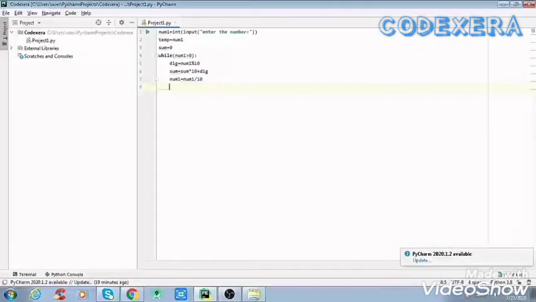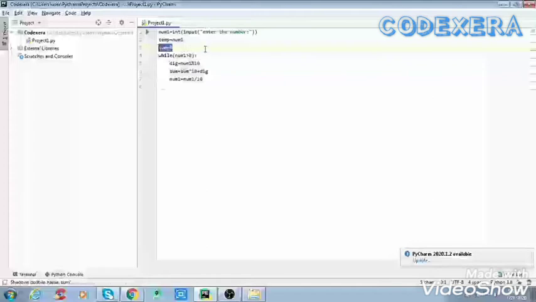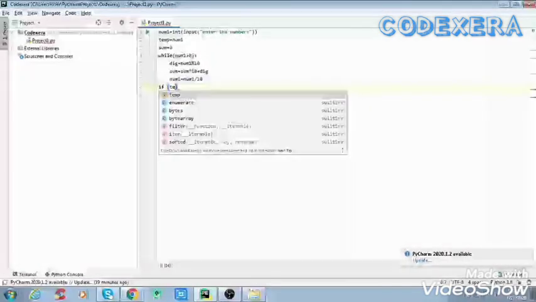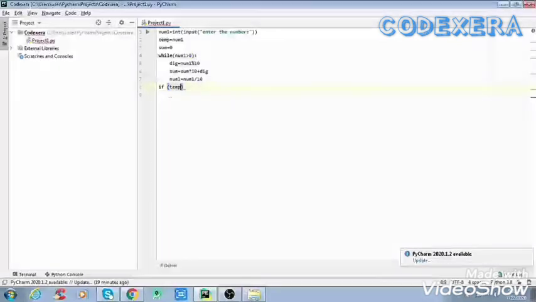This loop terminates when the value of the number is 0. If it is greater than 0, then it will go into the loop, otherwise it will go outside of the loop. And the reverse of the number is then compared with the integer value stored in the variable. That is, the reversed value means this sum value, it will be our reverse value. Now here we'll check whether the temp variable is equal to our sum or not.